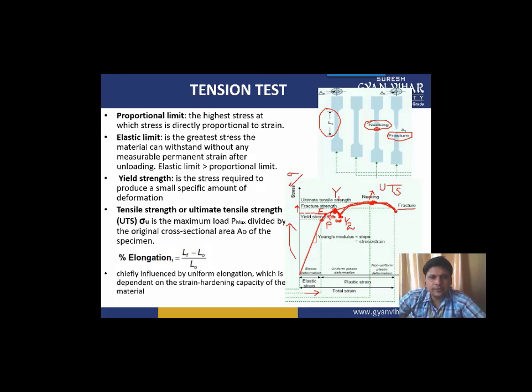Till the elastic limit, whenever you stretch, the body will regain its original dimension when the material is unloaded. Then if you increase the load beyond that, what will happen? Now the load has gone beyond the elastic limit, so the material will not return to its original position, and you will get yielding. In the process of yielding you will get 2 points: one is the upper yield point and the other is the lower yield point.